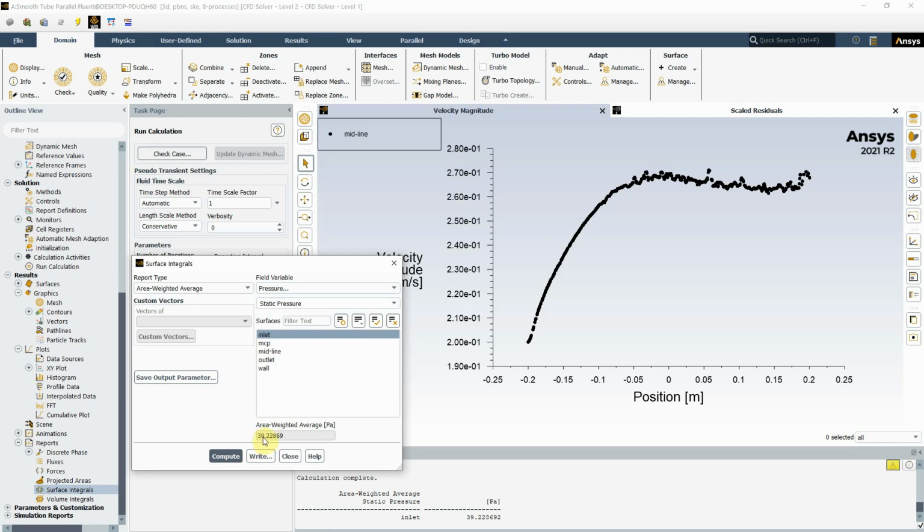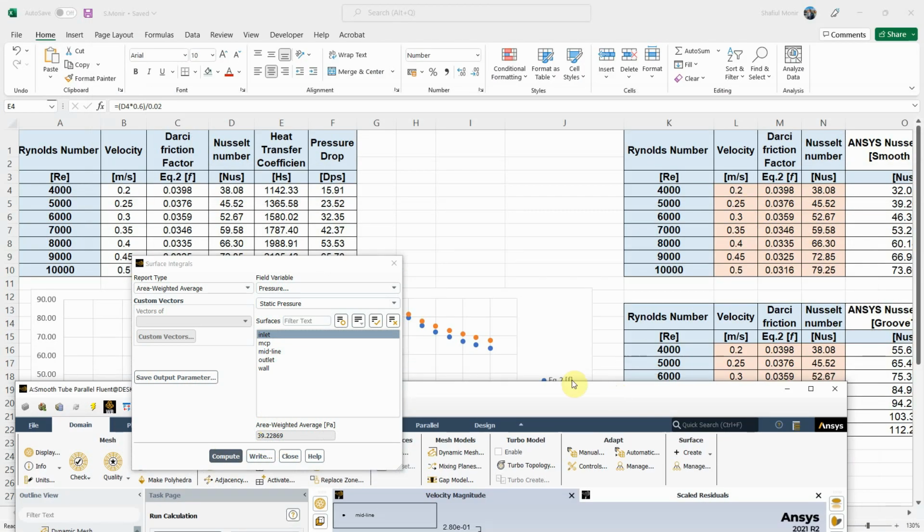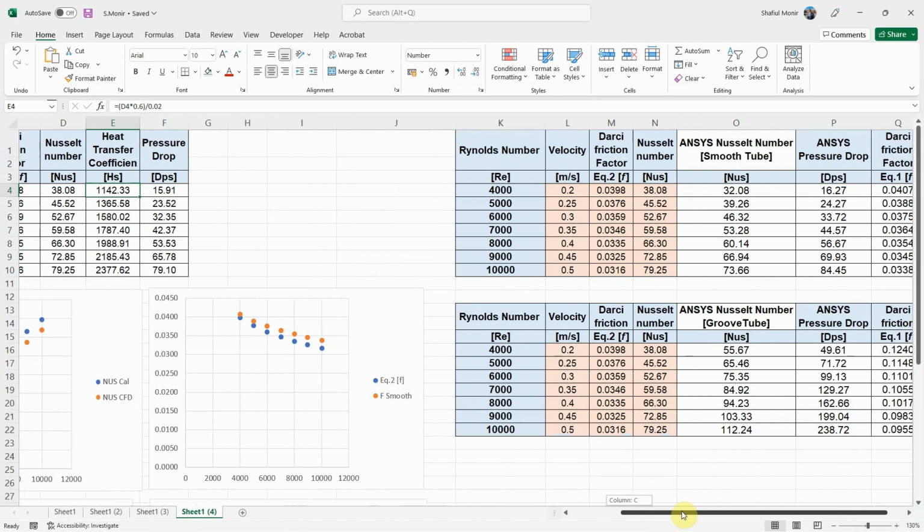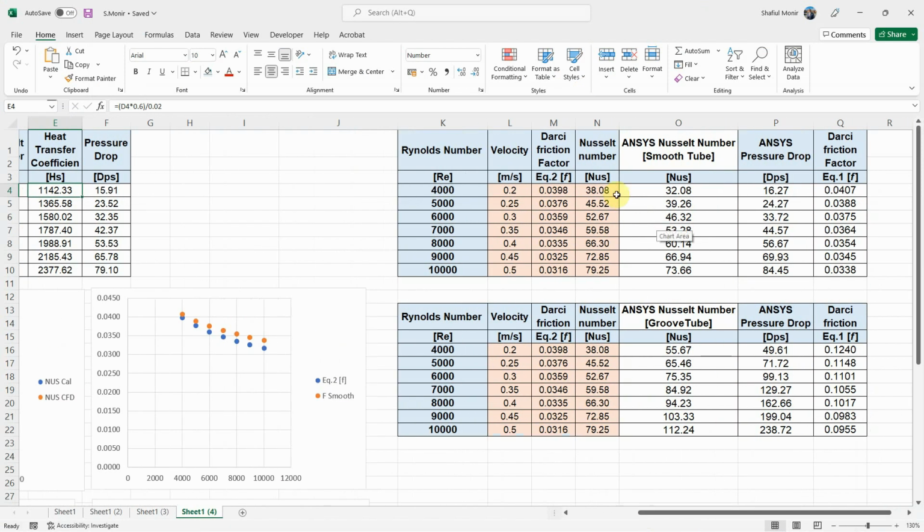So 39.22 is the delta pressure because the outlet pressure is going to be 0. So the inlet, compute, that gives us the delta pressure 39.22. So now if I go to my Excel sheet, for 0 you can see the delta pressure should be around about 15.9, and if I put 39.22